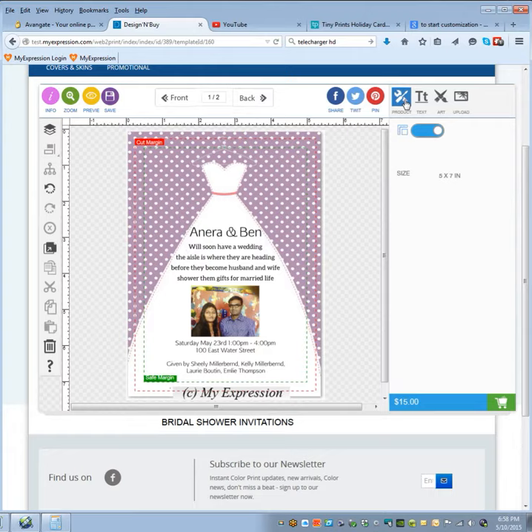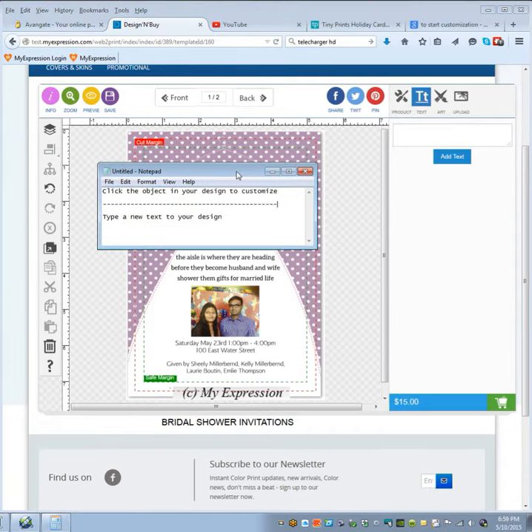The first thing that we need to display is here. Go to text. So we remove this, and we remove this one, and remove this. We just go to here. So here on the left side will be the text. And we put a note here: Click the object in your design to customize. You can pause this video and type this, and put it in here, just before the